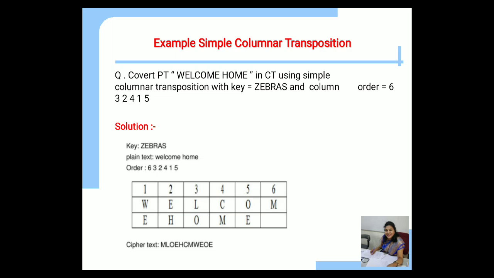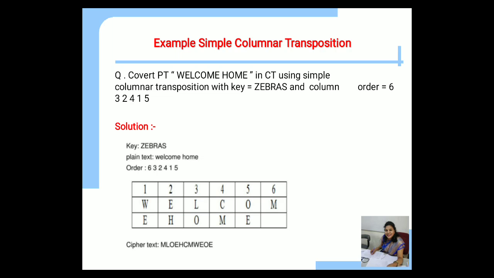WELCOMEHOME. So this is the first step. Write your message in 6 fixed length columns, that is 6, which we decide from the key ZEBRAS. Write in row order, and then in the next step we are going to read all these characters column by column by order 6, 2, 3, 2, 4, 1, 5. In column 6 there is M, so the first character of the ciphertext will be M. Then 2. So in the second column there is a